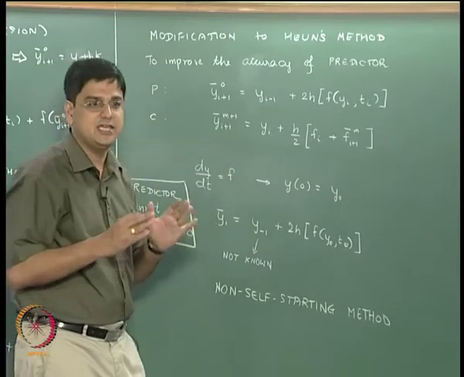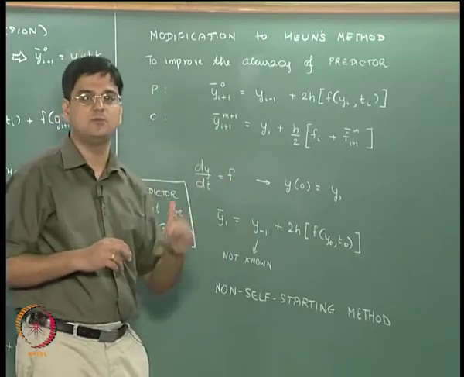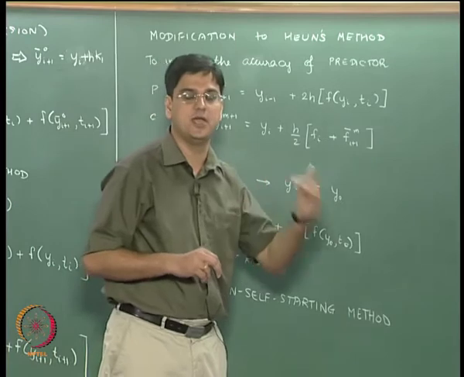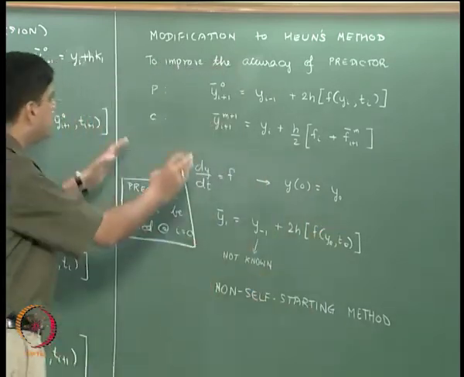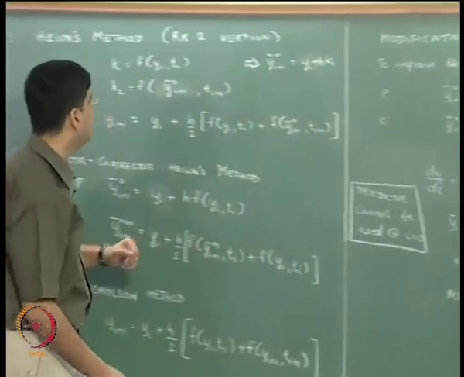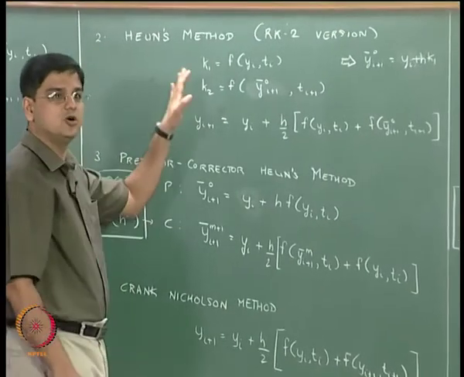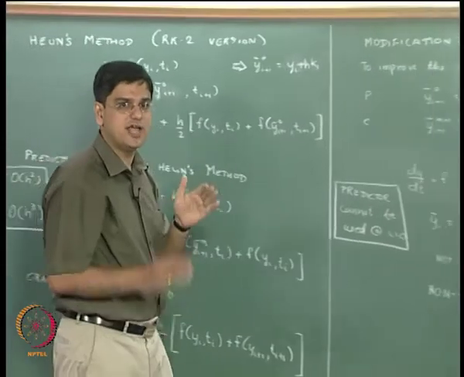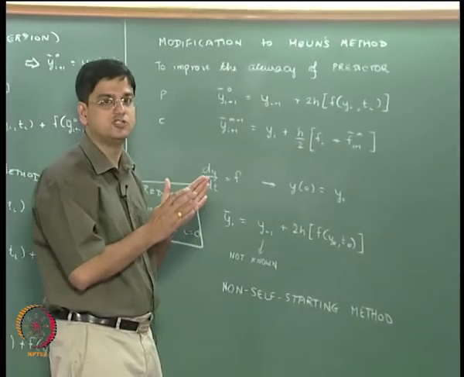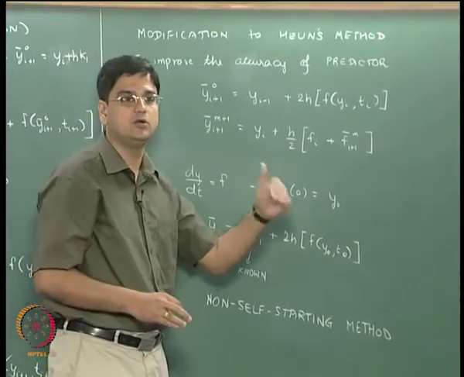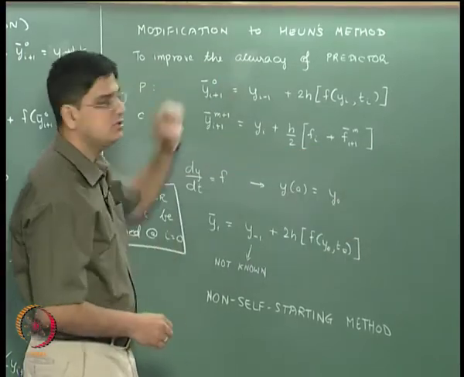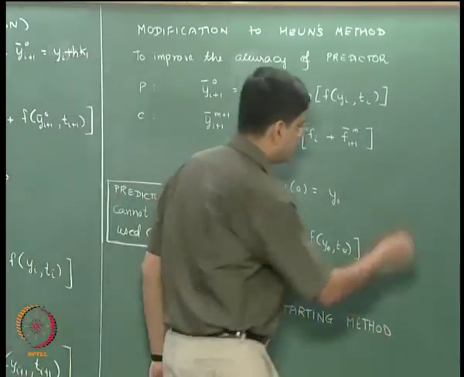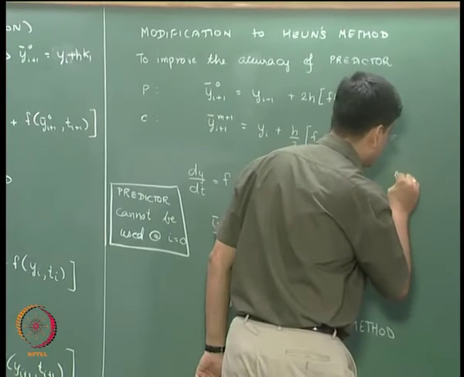At I equal to 0, that means the first time that you take the first step in this integration problem, we do not implement the modified Yoon's method, but instead we implement the original Yoon's method. Okay. So, at I equal to 0, the idea is to implement the original Yoon's method, and at I equal to 1, 2, 3 and so on, implement the modified Yoon's method. Okay. So, this is an ad hoc solution, we can say.